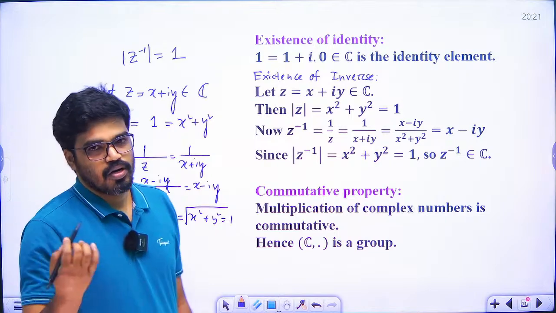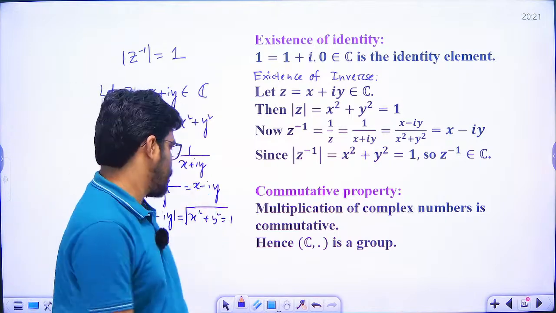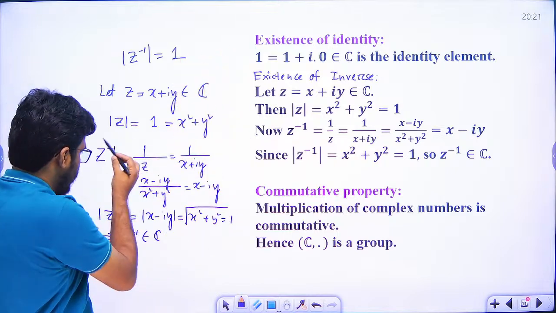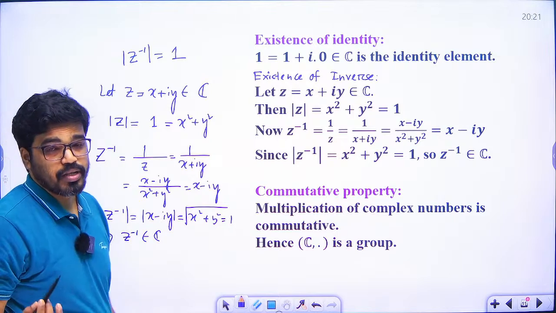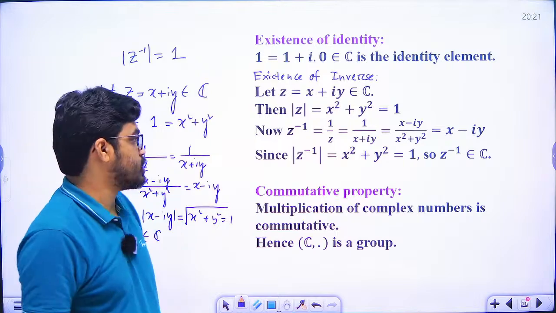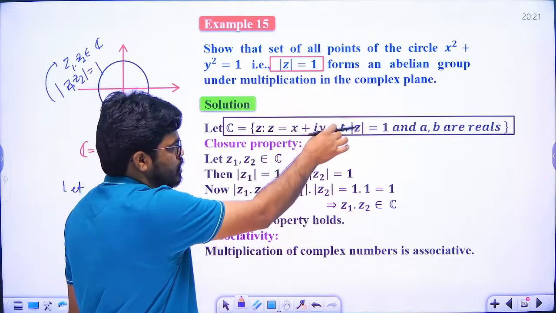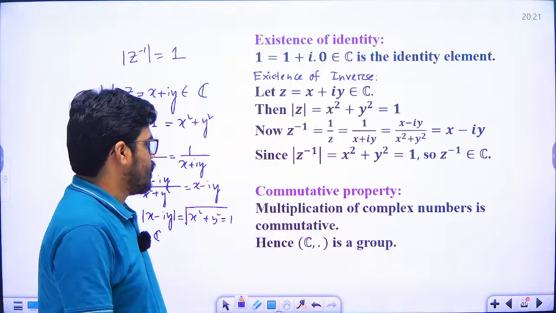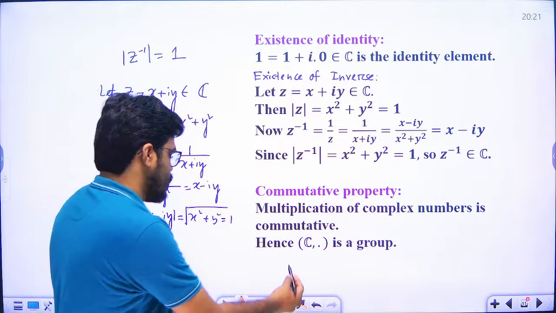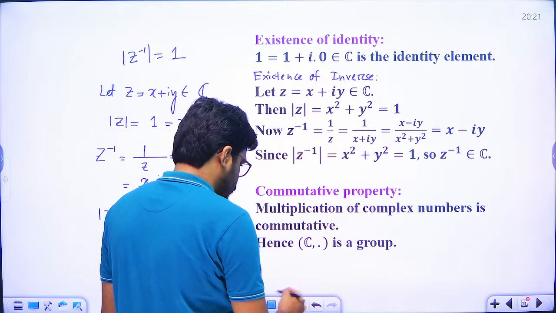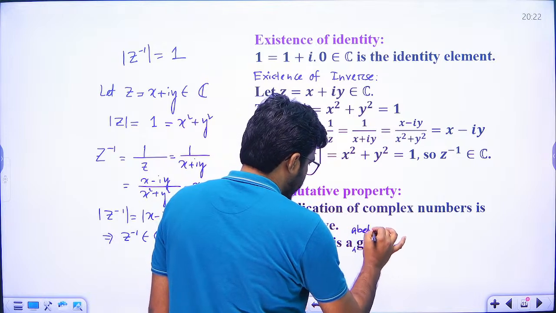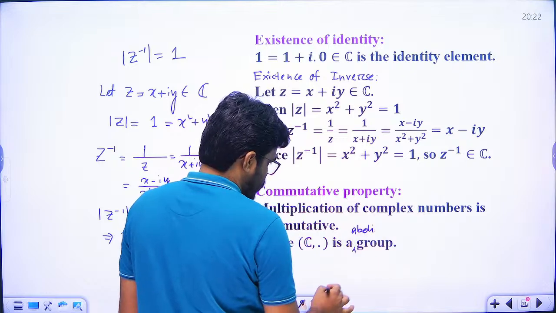So closure property satisfied, associative property satisfied, identity element is 1, every element has an inverse, so it is a group. So C is a group with respect to multiplication. What is C? C is the set of complex numbers such that modulus Z is equal to 1. And obviously multiplication of complex numbers is commutative, so we conclude that C is a commutative group, or C is an abelian group, because